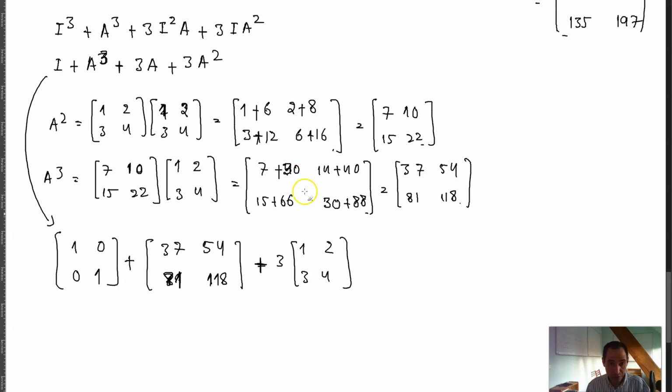And 3a squared would be 3 times basically 7, 10, 15, and 22,